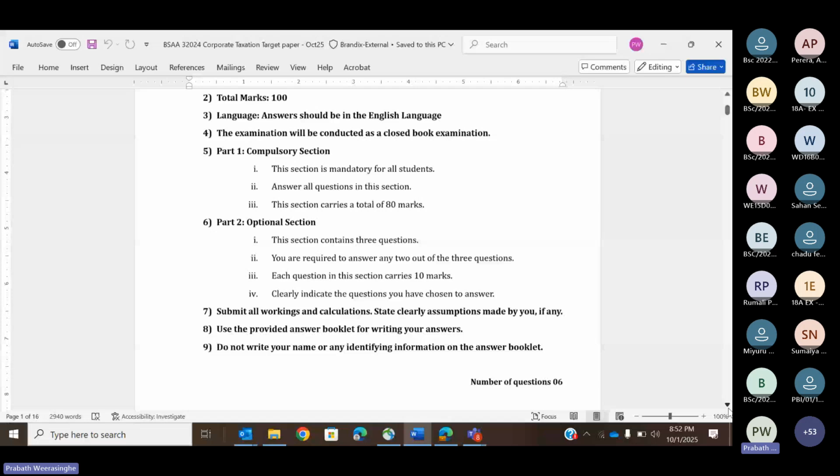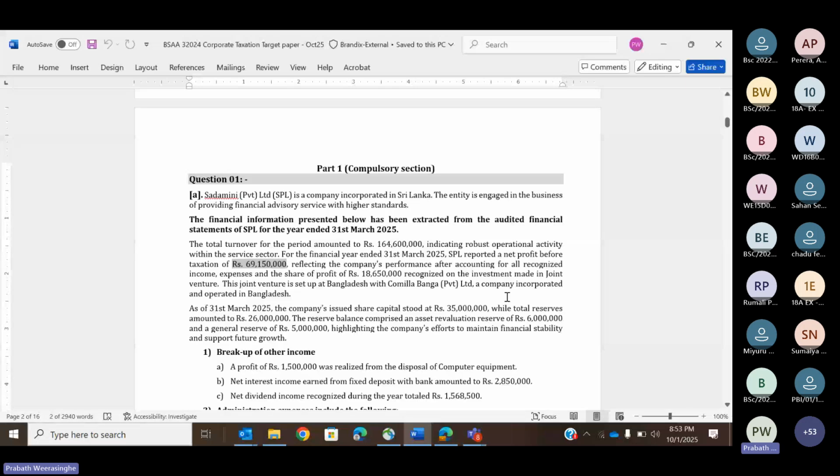Apart from that, this is after accounting all recognized expenses and the share of profit of the joint venture. There is a profit share from an investment made in a joint venture. This joint venture is set up in Bangladesh with Comilla Bank private limited. A joint venture basically goes as a separate business, like a partnership with another person, with 50% equity holding by each partner. So they have set it up outside Sri Lanka, and they are intended for the profit share. That particular profit share, for Sri Lanka tax purposes,